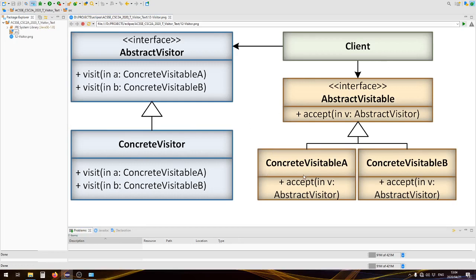the concrete visitables. So in this tutorial, we're going to do this by means of an example of a printer visitor. So the visitor is going to be responsible for printing things. So we're going to have instead of a concrete visitable A and a concrete visitable B, we're going to have a document to get printed as well as a label to get printed. Just as a basic example that will make use of text that we can then have a visitor visit and